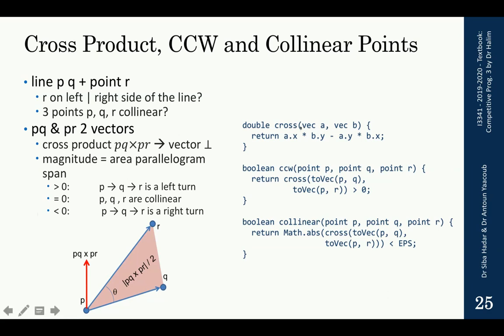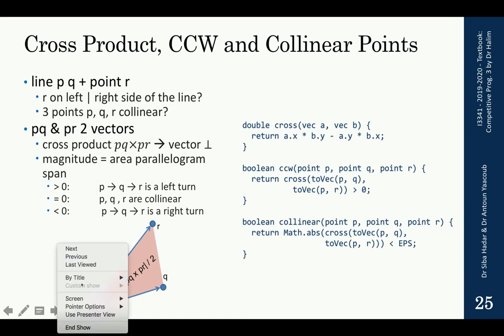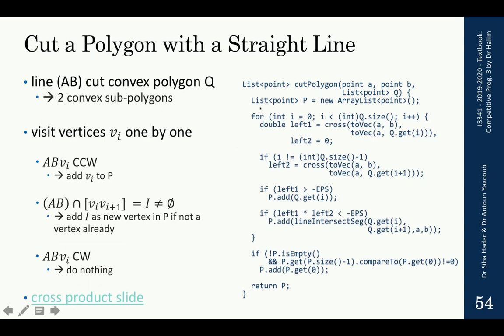So it takes two vectors, vector A and vector B, and it returns a value. We go back to our problem, and to cross, we gave it two vectors, the vector AB and the vector A